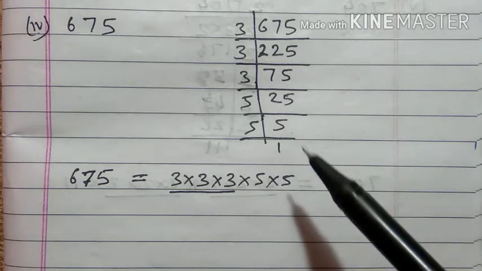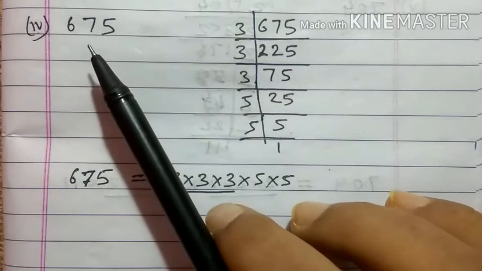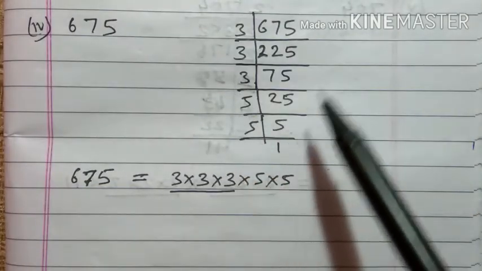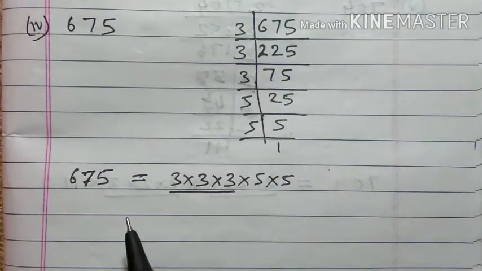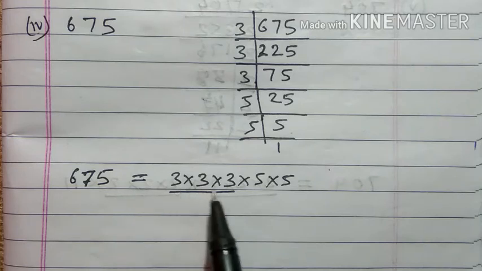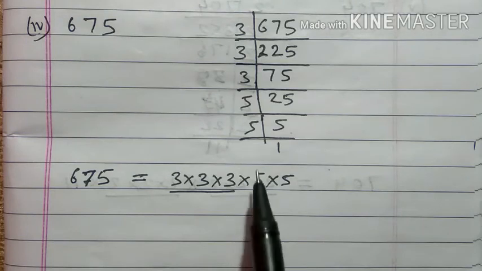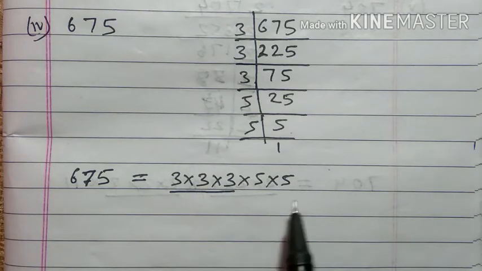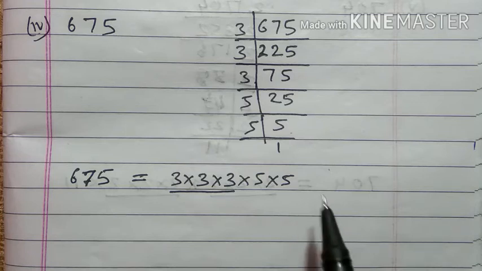Now this is the second part of that question, 675. So after doing the prime factorization of 675, we'll get 675 is equal to 3 into 3 into 3 into 5 into 5. So as we see, the triplet of 3 is completed, but the triplet of 5 is incomplete. Okay, so if we multiply both the sides by 5, we will get a perfect cube. So write down, multiply both the sides by 5.